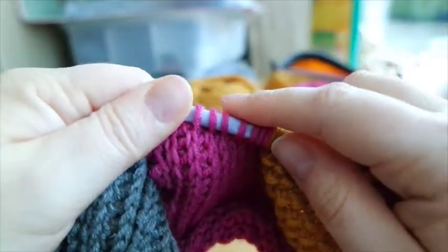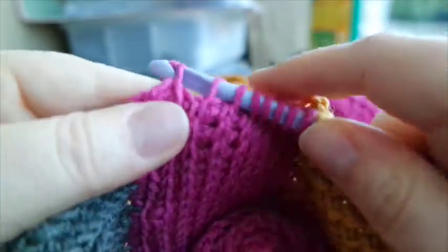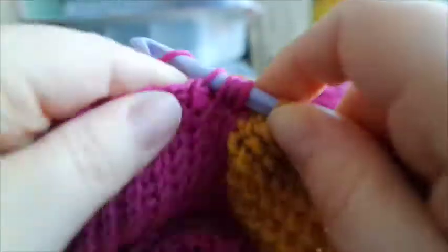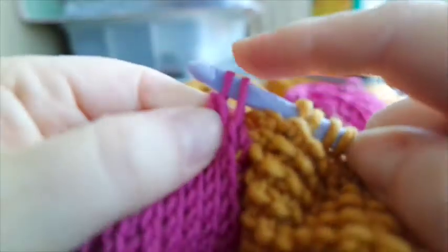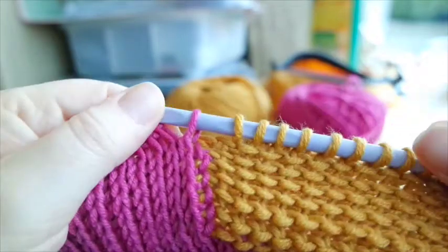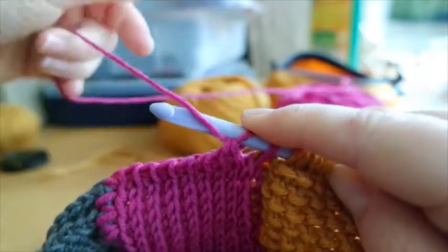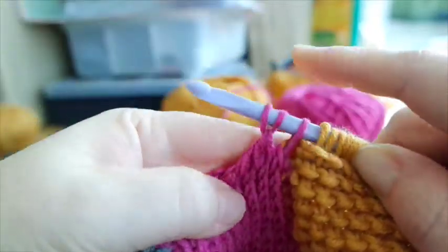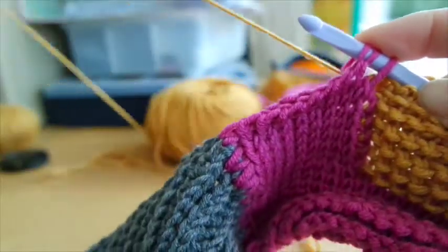Now for the color change, it's a little bit different the first time than the second time. So the first time, you work until you have 2 loops from pink or the color you're using on your hook. And now we're going to change color. To do that, we're gonna lay a loop on the needle, but not like this, but from the front to the back. Keep the thread, change to yellow,